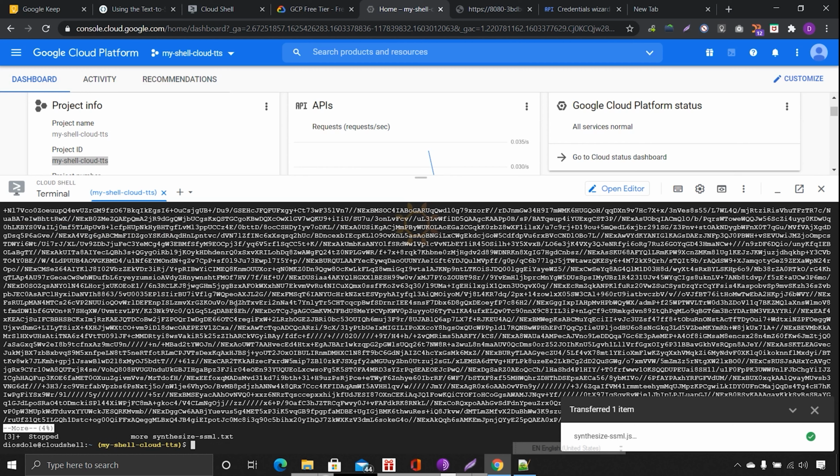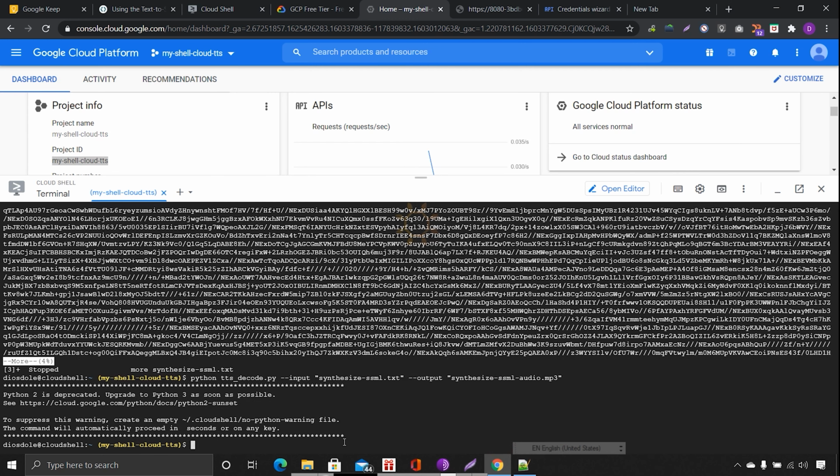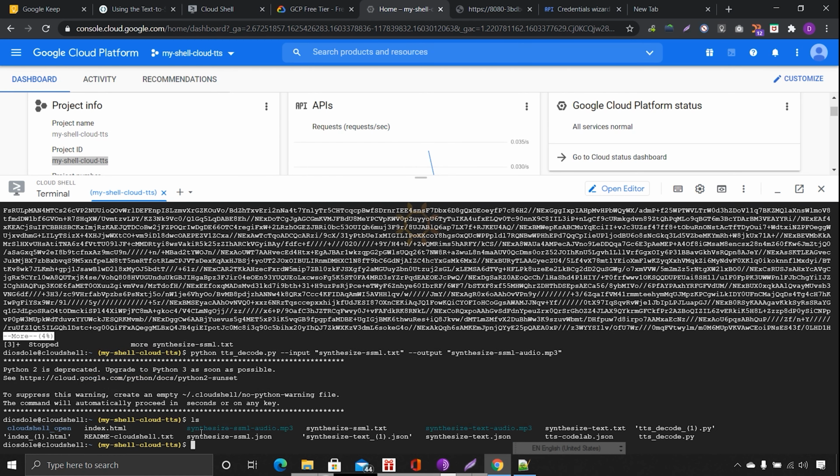Again we need to convert from text to MP3 using the Python code. We have already uploaded the Python code, so no need to upload again. Just run the Python code. Here is the Python code. The only difference is that instead of txt, here you put SSML, and the output also we have mentioned SSML. Now run this. Now it is completed. File is saved. If you want, you can check again with list files. You can see MP3 text audio. Here you can see SSML audio. So it is created, same as usual.